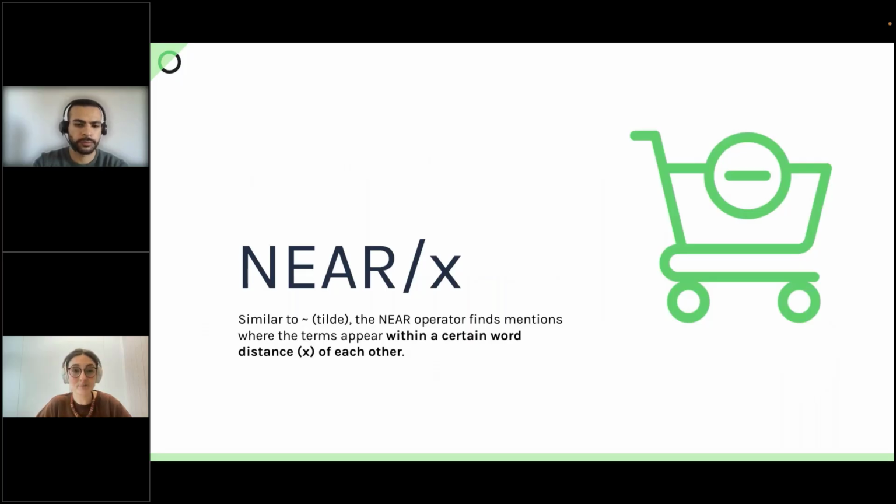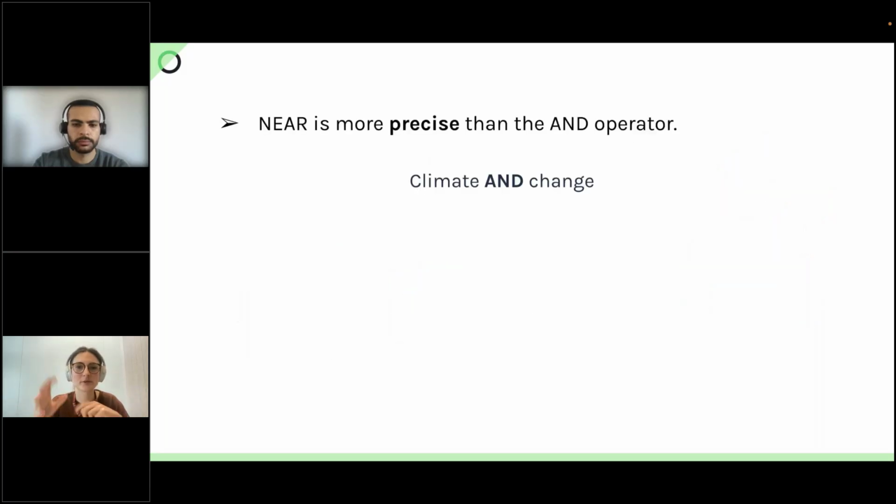Okay, similar to tilde, the near operator this time also allows you to introduce proximity. The way it works, think of this query: I'm using AND, so I'm looking for results that contain climate and change. If I want to be more restrictive, to narrow down, I can replace the AND by NEAR.